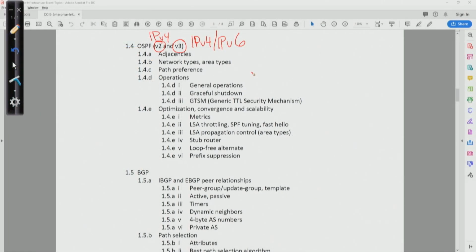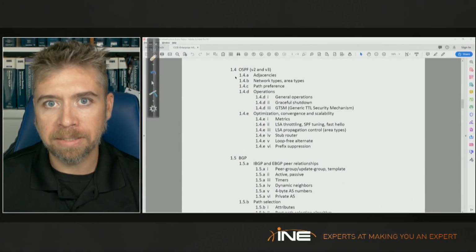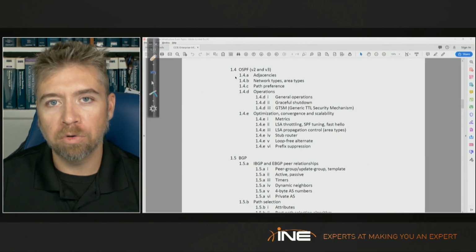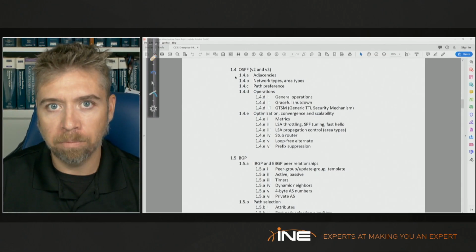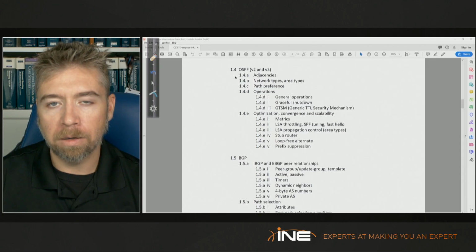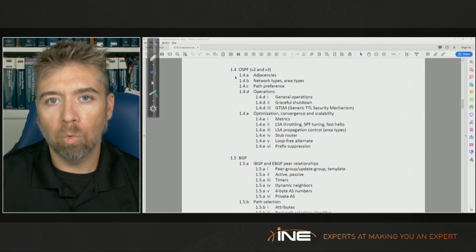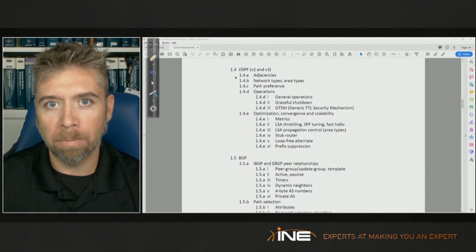So if you understand OSPF version 2, then you inherently are going to understand OSPF version 3 once we get past the hurdle of the IPv6 addressing format. Okay, so OSPF adjacencies, we'll talk about what are the requirements to form adjacency, what are the attributes that need to be unique, what are the attributes that need to be the same between the devices, and we'll spend a bunch of time going through